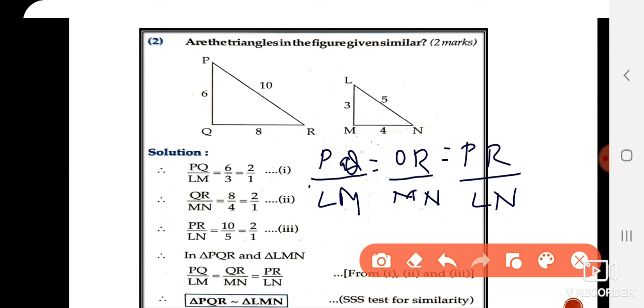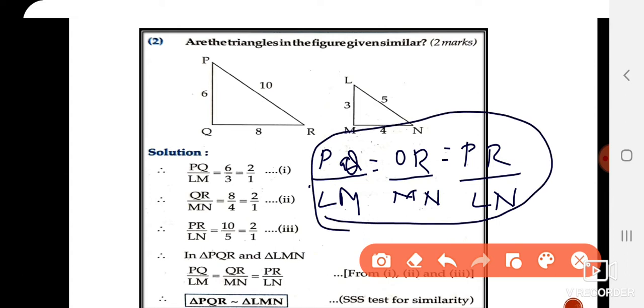Now the question is, are the triangles similar? So it is not given to us that the triangles are similar. We have to prove it. So unless you prove it, you cannot write this as a first step. The moment you write this, and then substitute 6 upon 3, 8 upon 4, it is completely wrong. They don't fetch you any marks. This step you will only write in the beginning if they have said that the triangles are similar. Here we have to prove it. So you cannot write these steps. You have to give it in the way it is given over here.